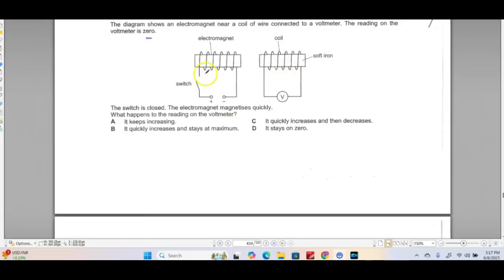What is going to happen over here is when the switch is closed, this electromagnet, as they say, magnetizes quickly, so it is going to start producing a magnetic field around it. Okay? And this magnetic field is going to interact with the soft iron over here as well. But this is going to be momentary, happening because